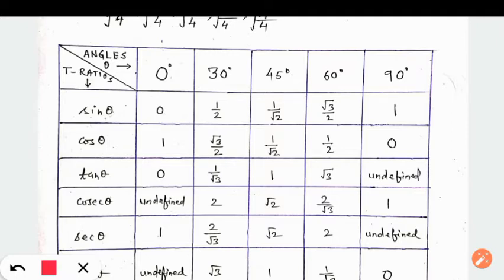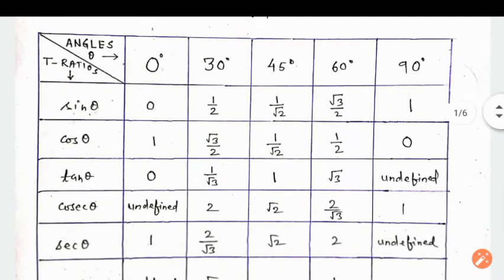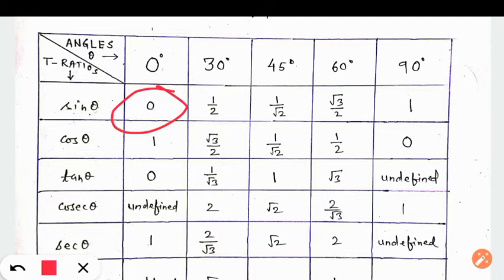Now let us find the values of the rest of the 3 trigonometrical ratios, starting with cosec. Now we know cosec theta is the reciprocal of sine theta, right? So sine 0 degree is 0. So cosec 0 degree will be the reciprocal of sine 0. The reciprocal of 0 by 1 will become 1 by 0. So again 1 by 0 is undefined. So cosec 0 degree is undefined.